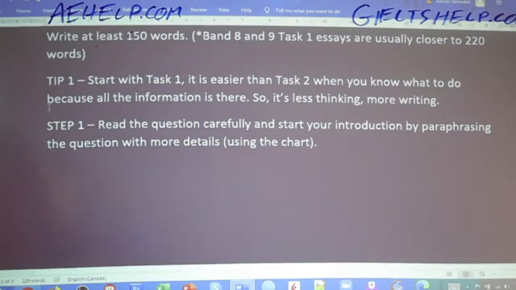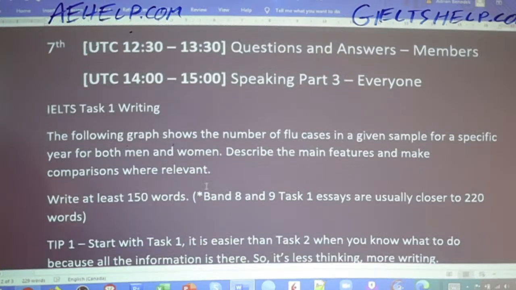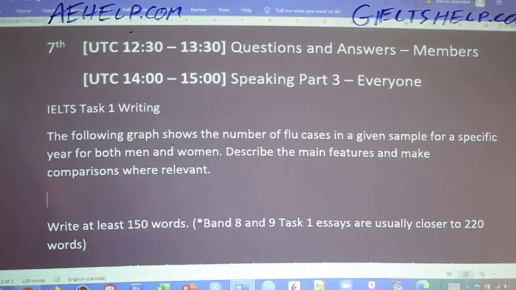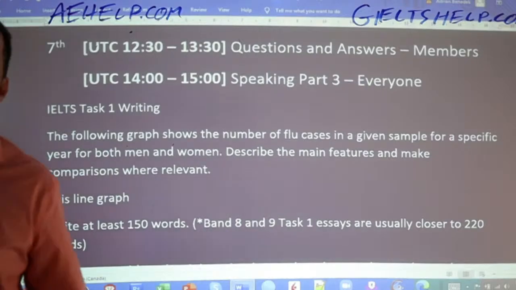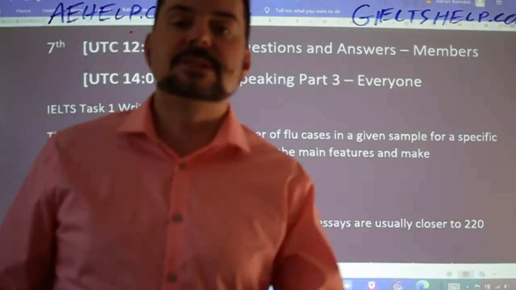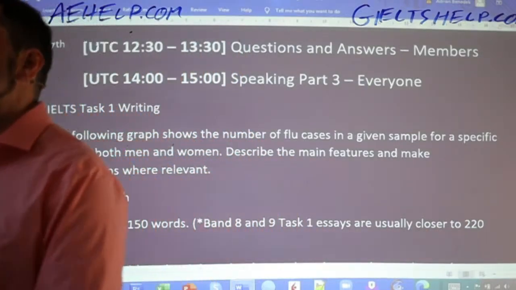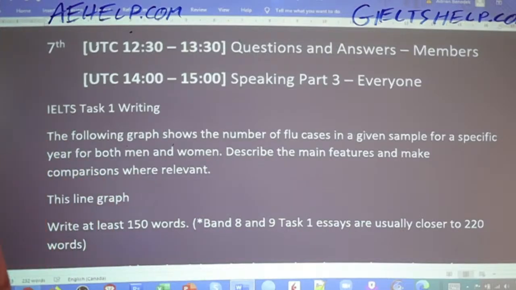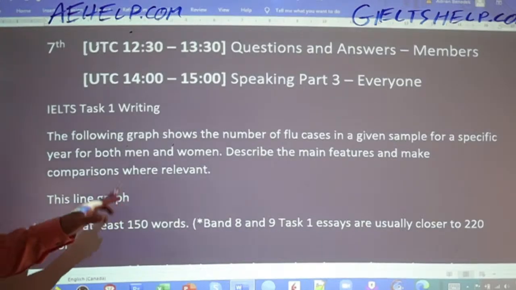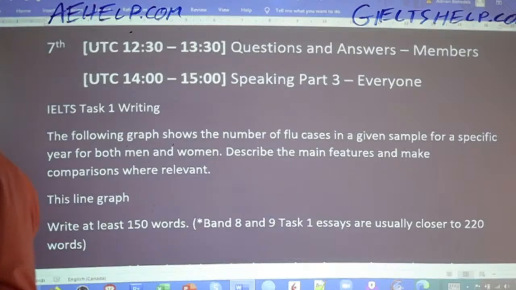Okay, all right, so let's do it. So here it says the following graph. So now I'm just putting it together. So this line graph, okay, I'm not going to say given graph because we know it's given. You don't have to say the given graph, okay? You can, it's not terrible, but just say the line graph, okay? So what type of graph? So the line graph shows, you can always have a million different ways to say that. So the line graph